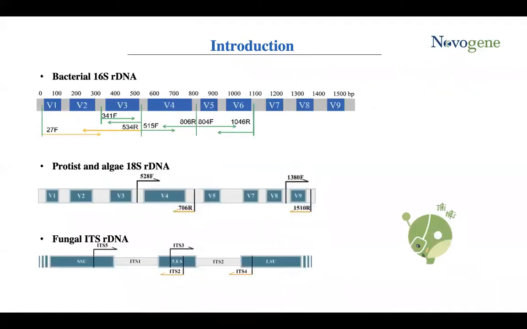And in 16S, 18S, or ITS amplicon sequencing, the target rDNAs, as is shown here on this slide, are composed of conservative regions, which are labeled gray, and they are interspaced by the hypervariable regions, which are labeled blue and green here. And those hypervariable regions can provide species-specific signature sequences, which will be very useful for the identification of bacteria, fungi, and etc. For example, the V4 region of 16S rDNA is the most common target region for sequencing in order